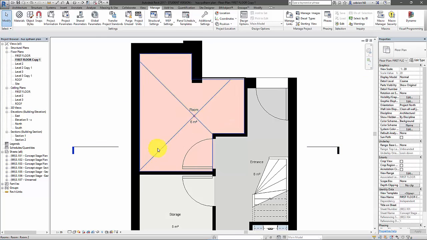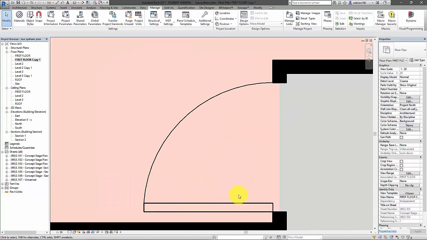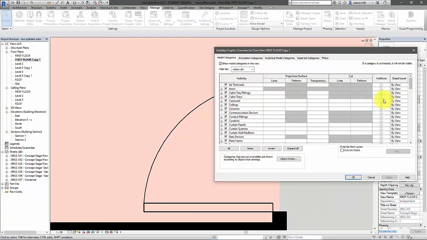So now it's at 1 to 20, and if I zoom in, can you see the difference? Yeah, there's a difference here. You can't see it on the board there. Okay, so this is a fairly thick line, and this is a thin line, and we're at 1 to 20. So if I go into Object Styles, so I go over to Visibility Graphics, down to